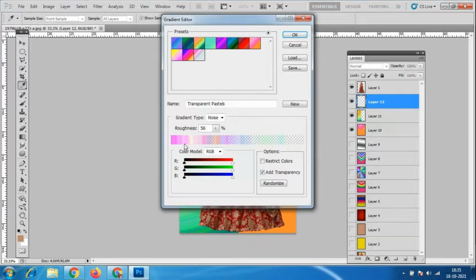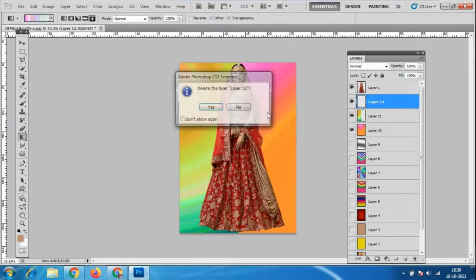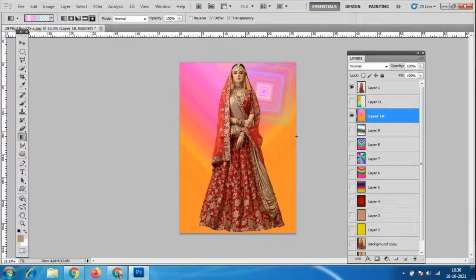These portions have color, but these portions are completely transparent, not having any color. So if I select this one, what happens with a single layer? I already have many gradients over here. In the same layer I can apply a different gradient, because this is the transparent gradient.